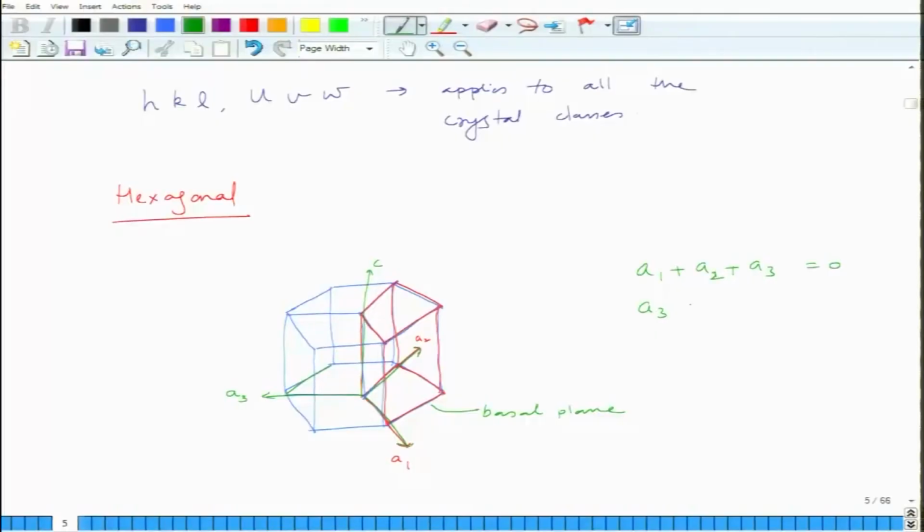So basically A3 in some sense will be minus of A1 plus A2. So we define a new system: instead of the 3-axis HKL system, we take HKIL, where this is the plane, where H plus K is equal to minus I, but the direction